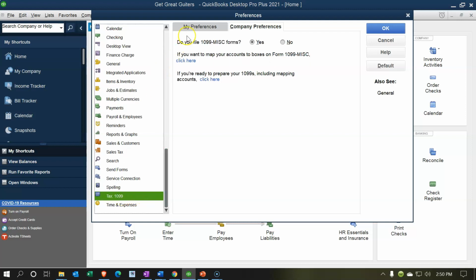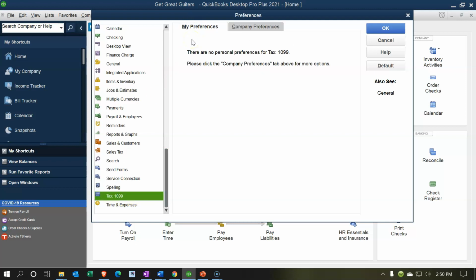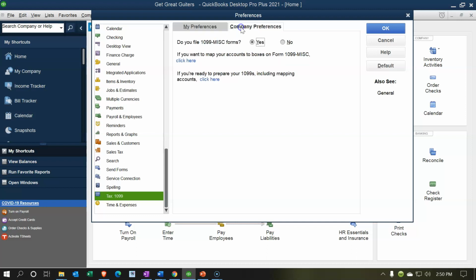So Tax 1099, let's start at My Preferences. Nothing in My Preferences. Company Preferences: do you file 1099-MISC forms? Now the default is going to be yes. The 1099-MISC forms, if you're a company and you pay money to somebody else, basically in the US,